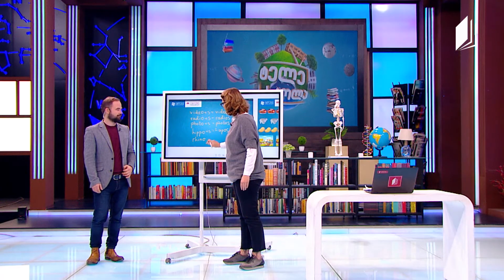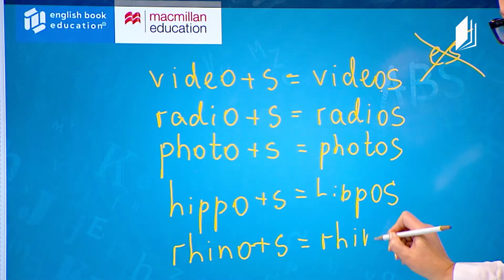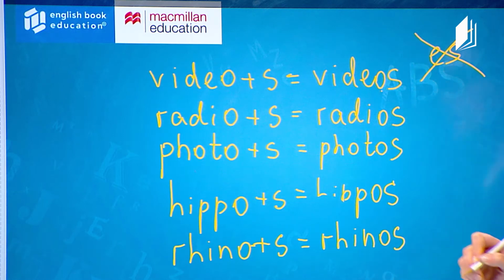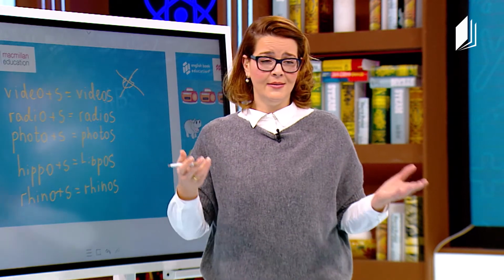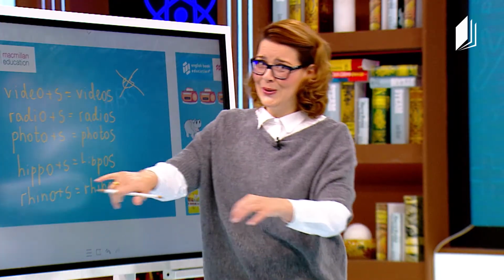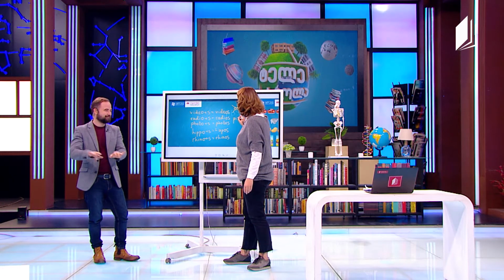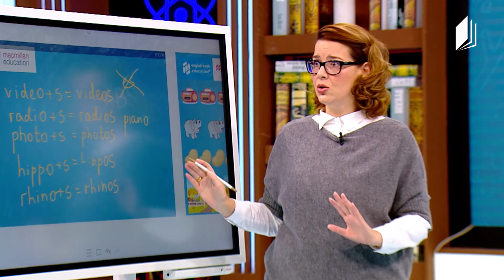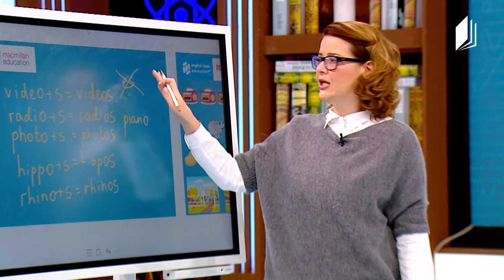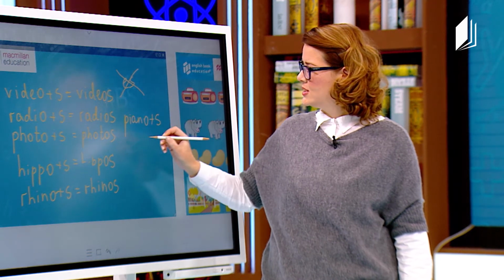I will write from the beginning, plus S, and we get rhinos. Yes, and of course, because our lesson is about the musical instrument, it is the piano. So the last word will be piano, and in this case we also add only S and not ES, so we get